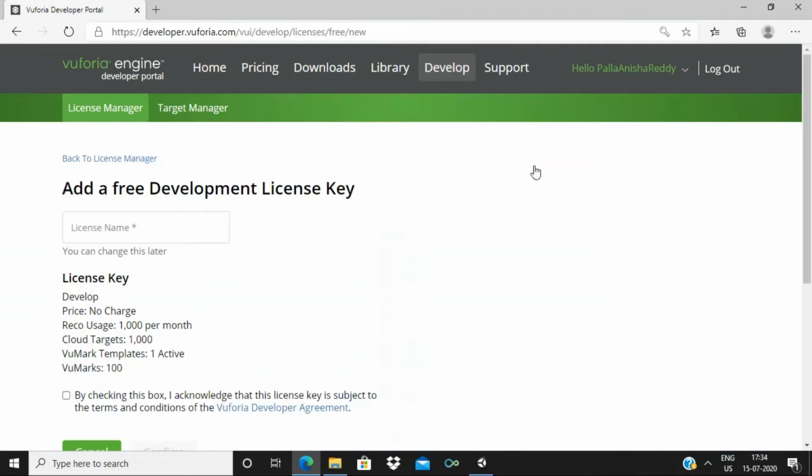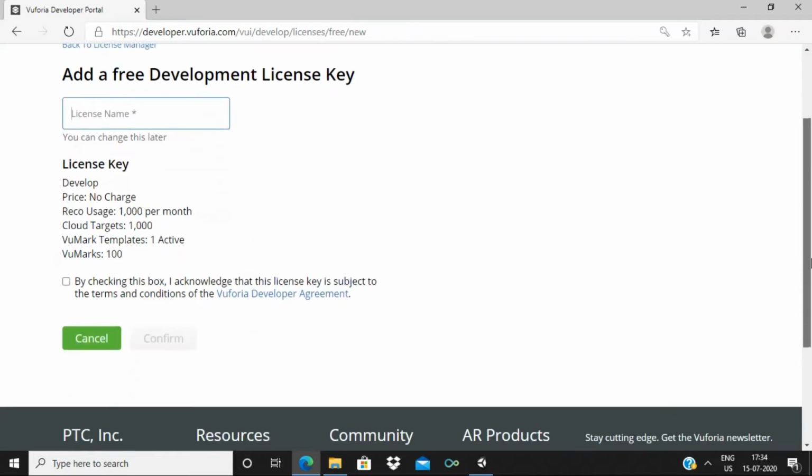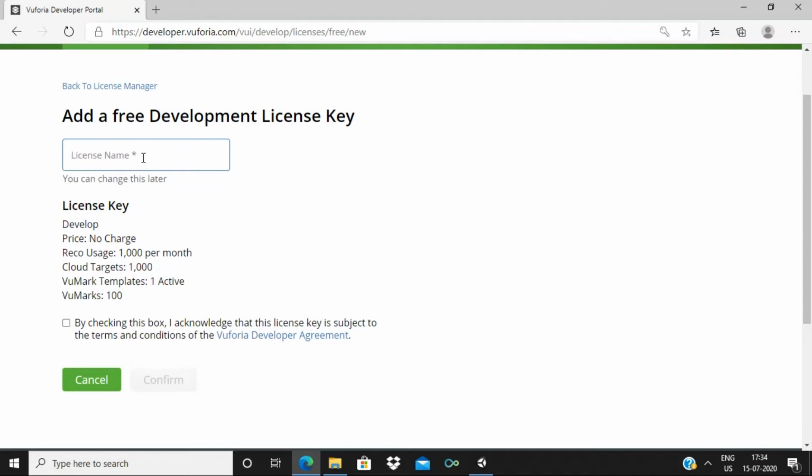We need this development key for our project. For the license name, give the name of your project. I've given it as demo there, so I'm giving the same here, demo, and read all the terms and then click confirm.